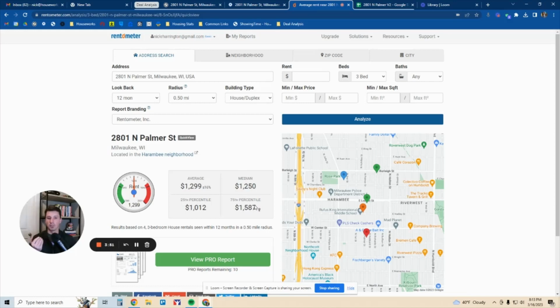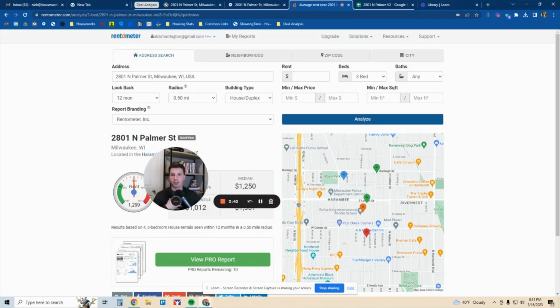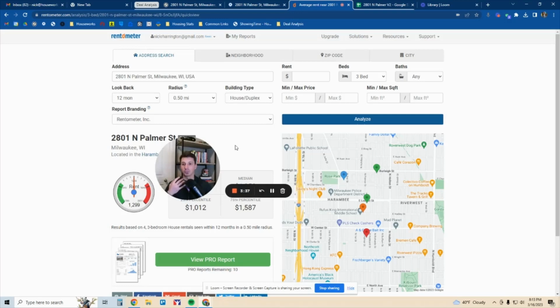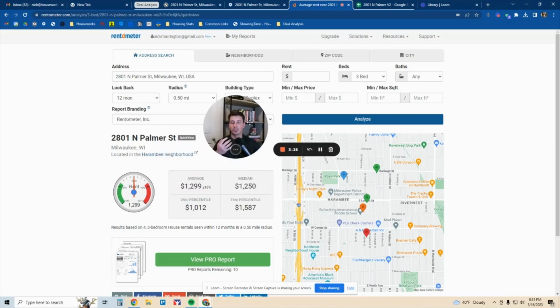As a general rule of thumb, I always want to find something that's pulling in right below the average or around the 25th percentile of rents. The reason being, for me, it's a better investment if I'm able to do some light cosmetic work to increase rents to get them closer to that 75th percentile, because right there I'm now cash flowing higher than I was before. But I purchased a property at a price that was more reflective of a 25th percentile or an average rent amount. Granted, I want to make sure that the property is in good condition, mostly just cosmetic, but